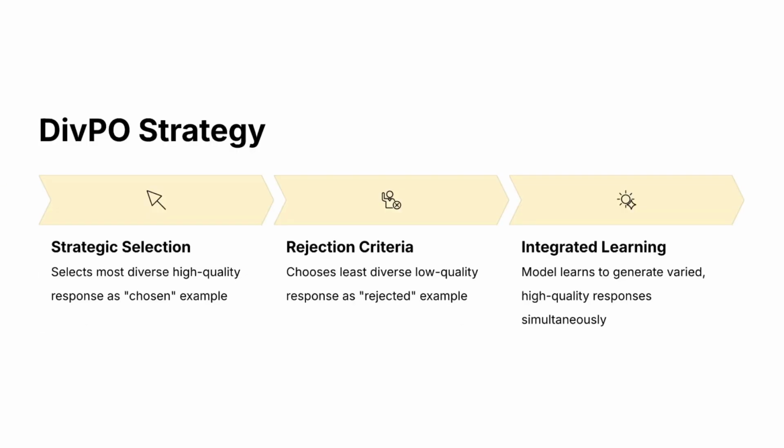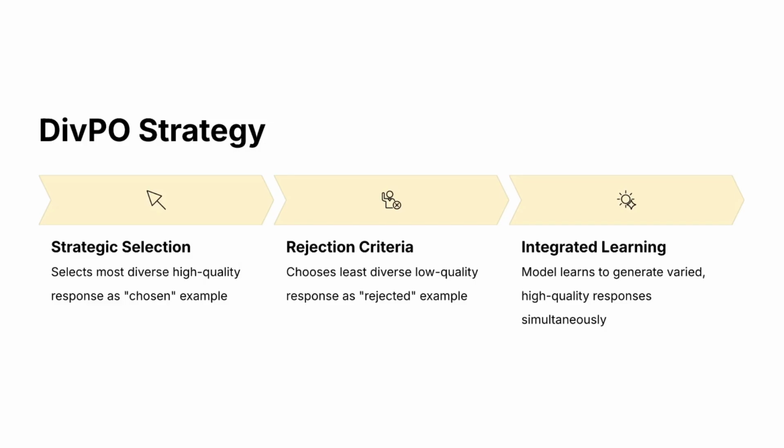So let's talk about this strategy. It's actually built on a clever and intuitive idea: teach the model that diversity itself is part of what defines a good response. It starts with strategic selection. Instead of just picking any preferred response, DivPO intentionally selects the most diverse high quality output as the chosen example. This ensures that the model does not just repeat one type of good answer, but also learns the variety within